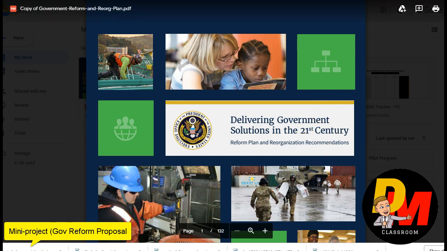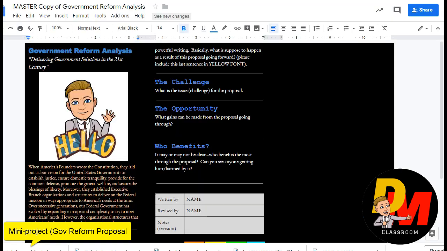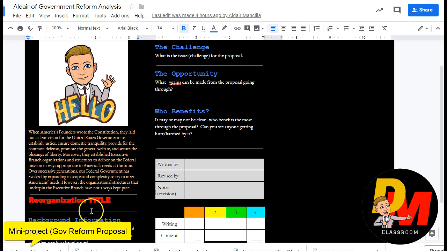So, as we've talked about in government, there are 3 branches. This is in the executive branch. Things change from time to time. Reforms happen, reorganizations happen. Things need to progress moving forward. For example, with President Trump, this is the one. It's called Delivering Government Solutions in the 21st Century. And your goal, according to this here, is you are going to find one specific reorganization or reform and report